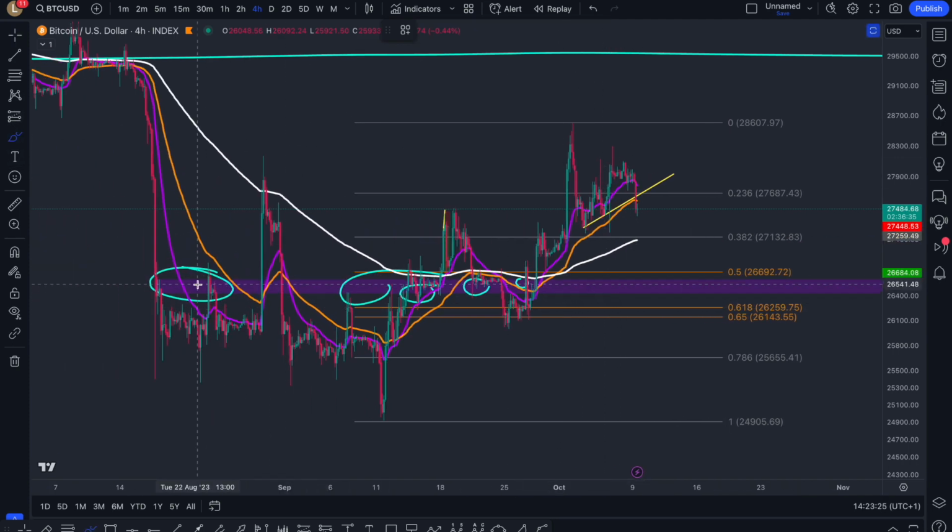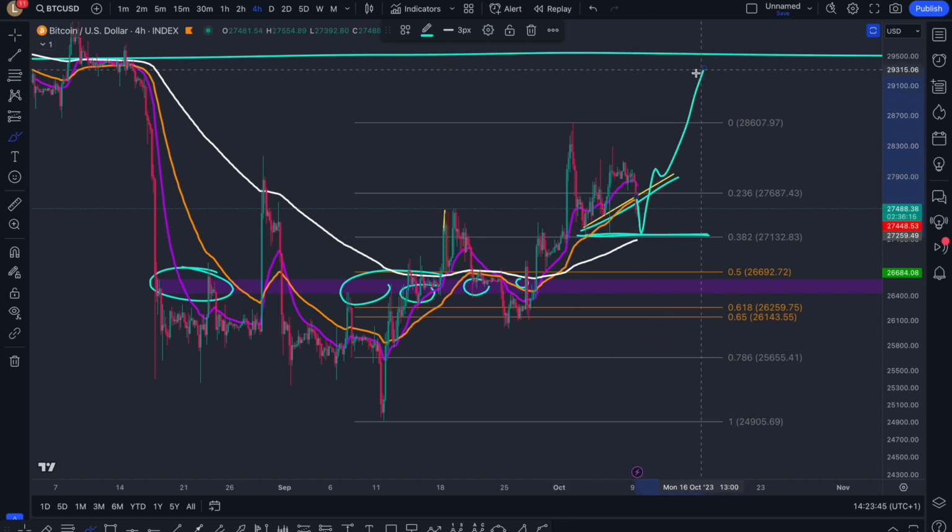But again, it seems as if we're targeting that 26.5k range over here as a previous area of resistance and support, just to come down and retest as support, as again we've lost this most recent body support, the 55. You do have that 200 EMA, that 27.2k. Could we hit it and then bounce back up and get that one last push into 29k?